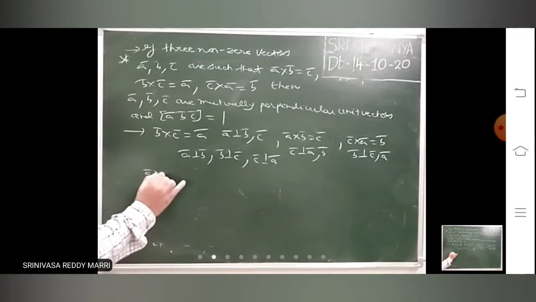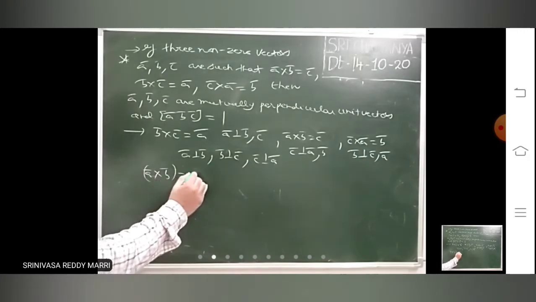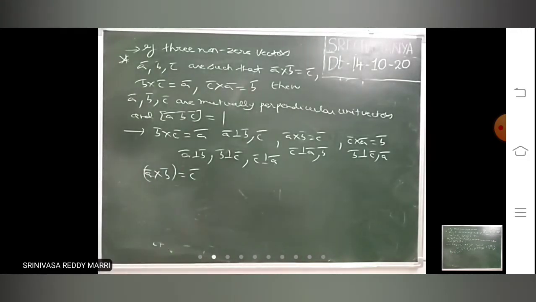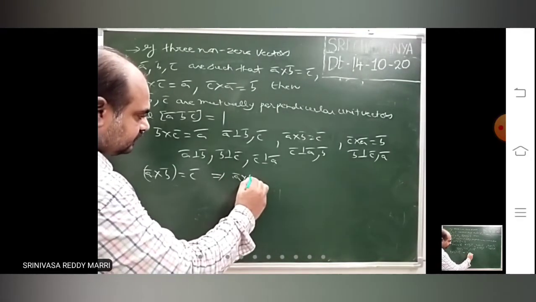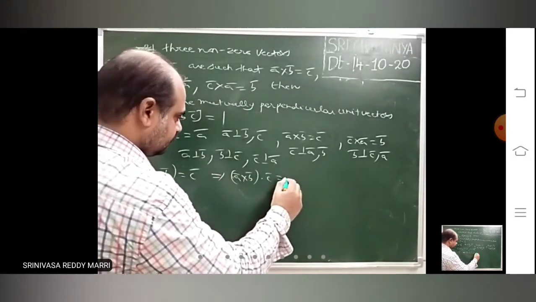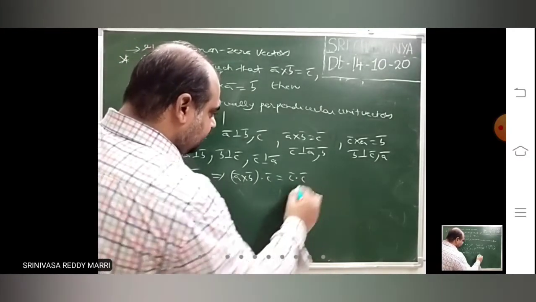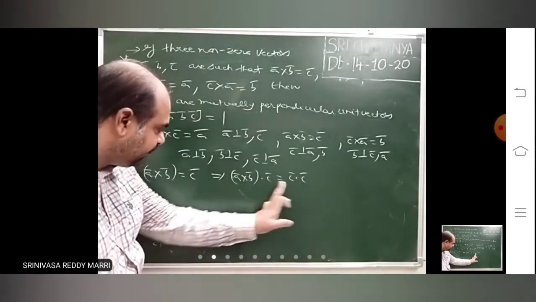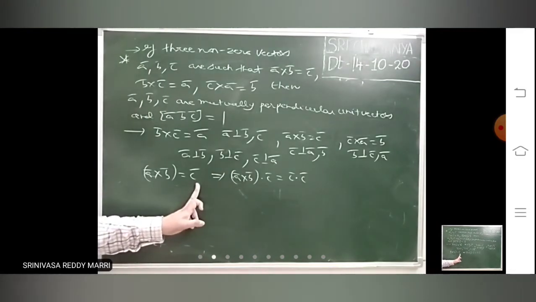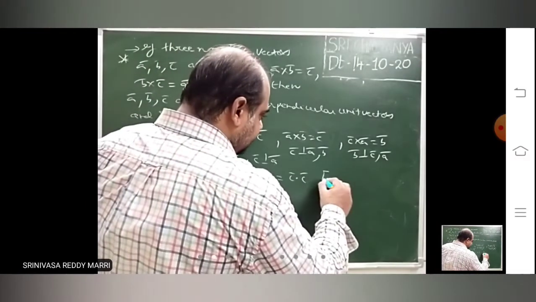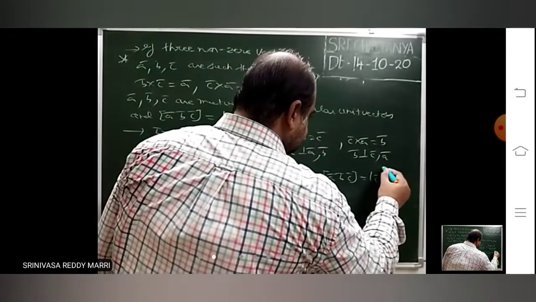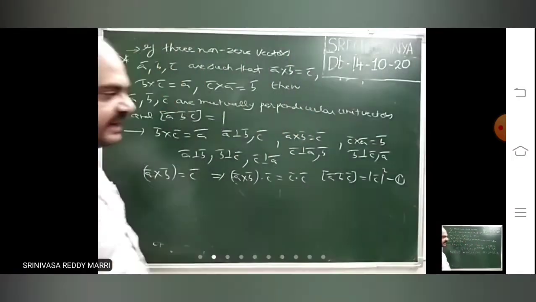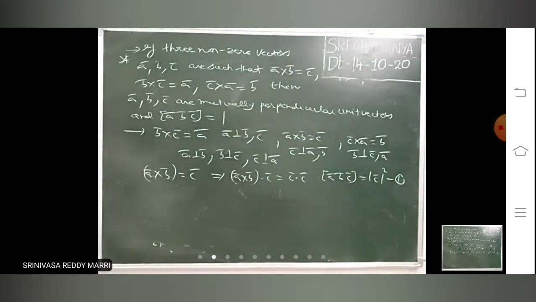Now look at what I am doing. You take a first equation. I am doing dot product with C bar on both sides. This is nothing but C bar dot C bar. Dot product on both sides. This side, right hand side I have done. This is nothing but box ABC. Is nothing but modulus C bar whole square. Let us take first equation, that I have dotted with C bar on both sides.